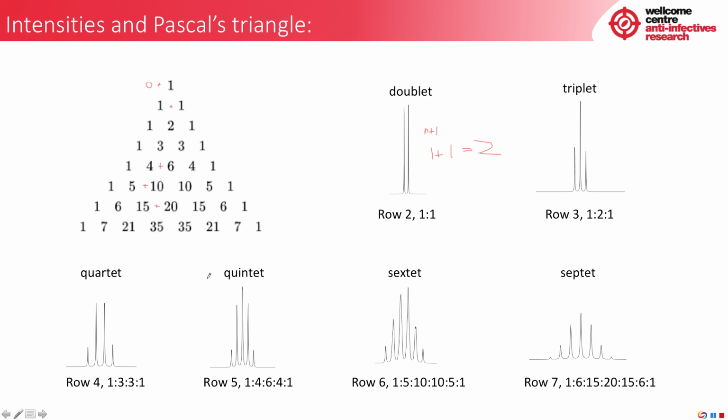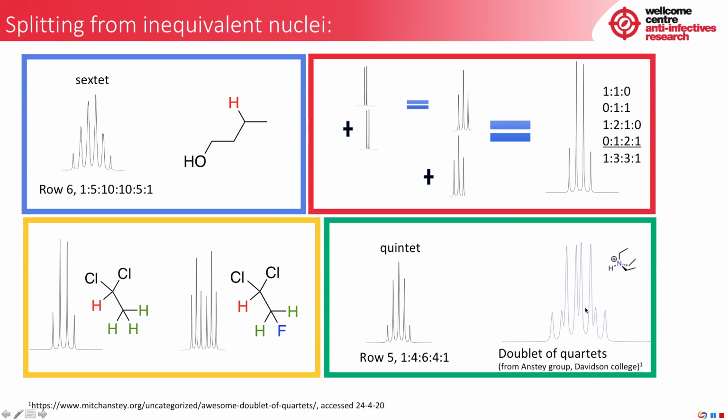You're really not going to see very much beyond this distribution in terms of splittings that are a single level and don't involve further coupling. So, in fact, if you're looking particularly closely, you might already have been a bit thrown by the sextet. This is because a sextet should arise from 5 equivalent protons. Now you can't attach 5 protons to a carbon, and you actually can't draw a symmetrical molecule that splits 5 protons. So if I was to give you an example here and say